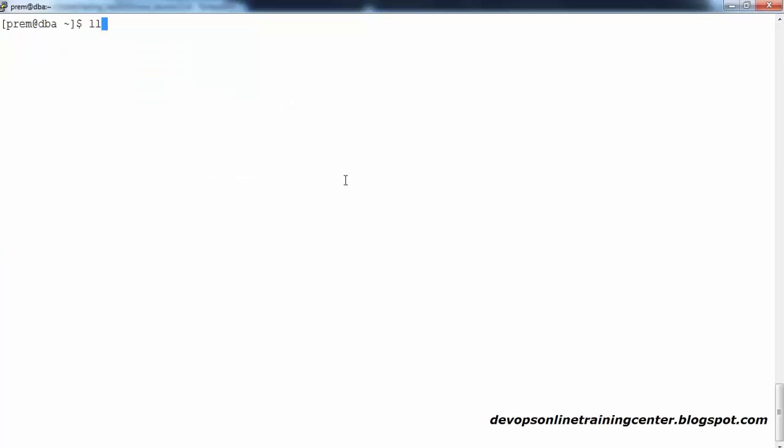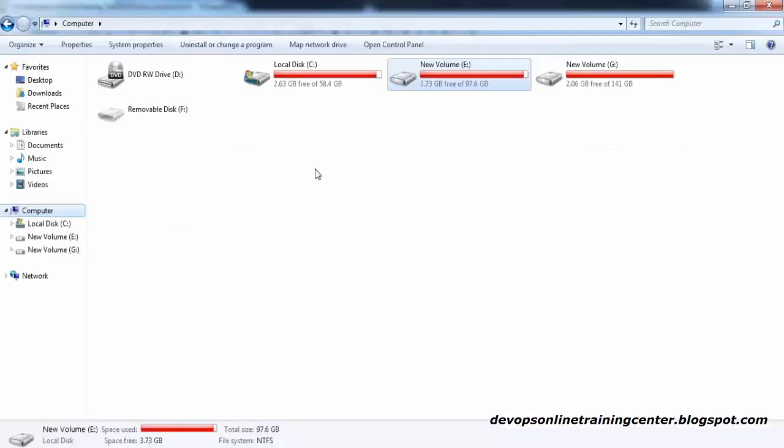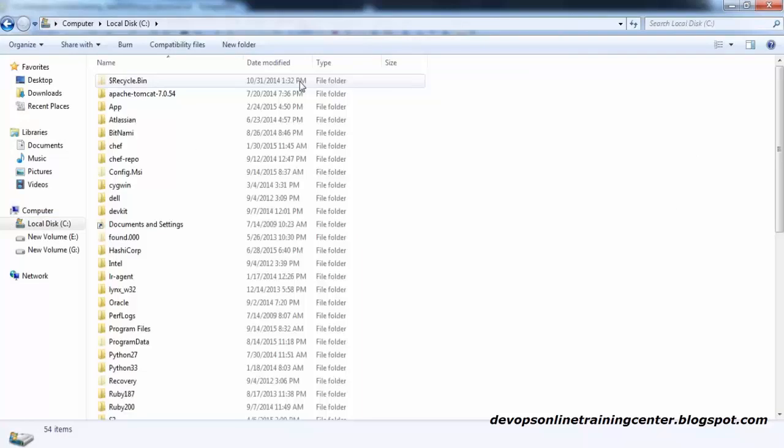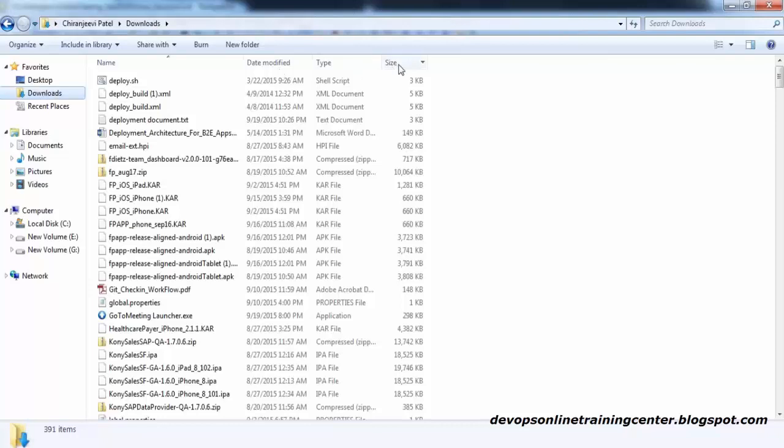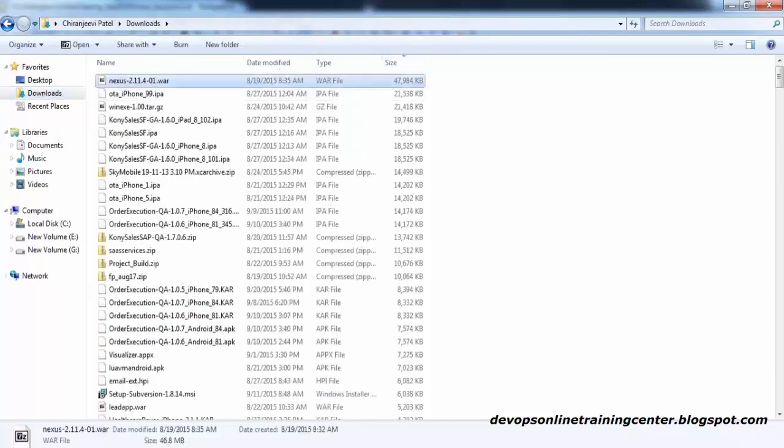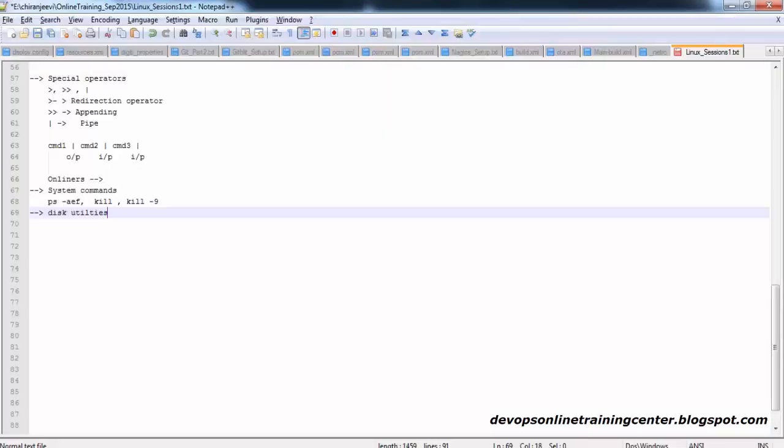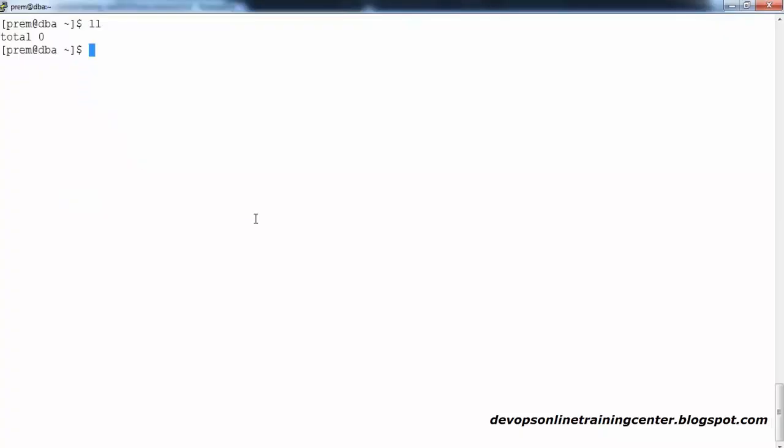Similarly, somebody may ask you a question. See, now in my C drive, so much data is there. I want to clean up the data. If you want to clean up the data, generally how do you clean up? Our nature is to find the biggest file which is taking more memory. So I'll go to downloads somewhere, search based on the size and I can see the size. These things are taking more size. Now what I can do is delete those files first, and then think about the smaller ones.